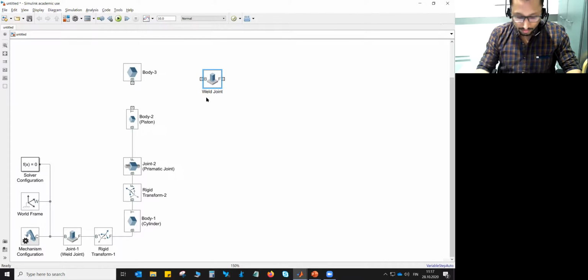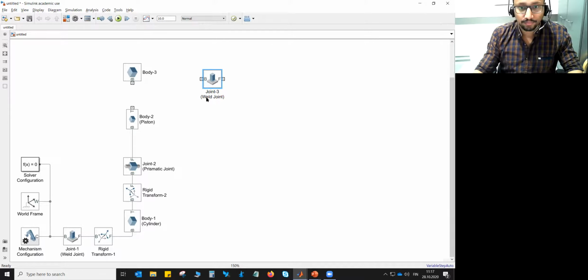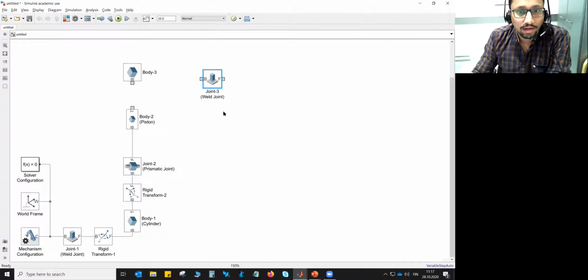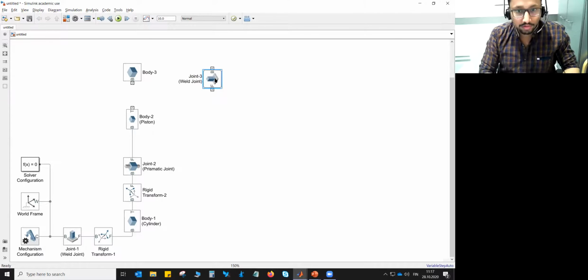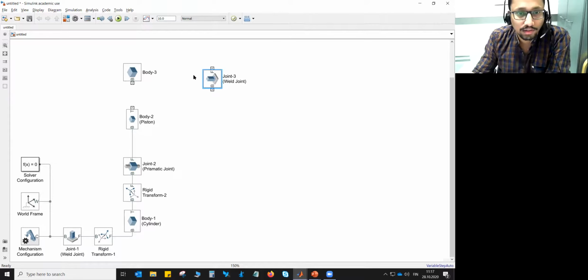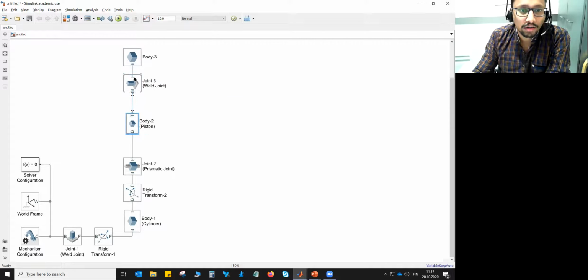Let's call it joint 3. It's a weld joint, and let's use control R option to orient this. It will be connected here.